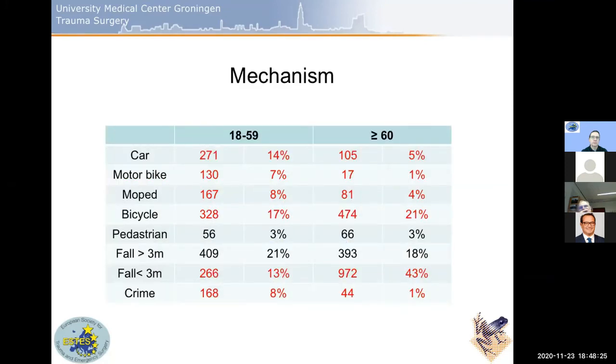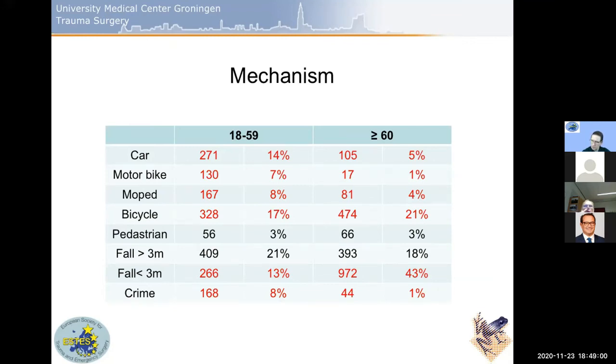If you look at the mechanism, here you see car incidents. It's more in the younger group, motorbike, of course, and moped the same. But in the bicycle group, many people, not only in the Netherlands, have an accident with a bicycle, and even the group of the e-bike will bring this percentage higher than it was. There's no difference with pedestrian, but the next